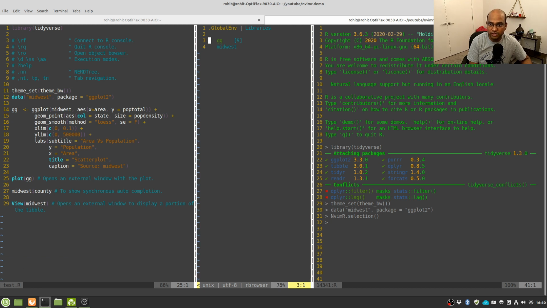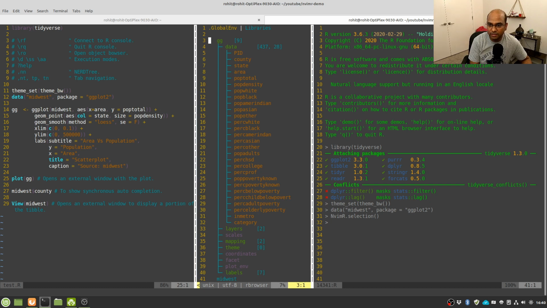So these are the variables. So this is the ggplot object. If you press enter here, it's going to actually expand and show you all the elements that a ggplot object has. This is pretty handy, and you can actually for example go to PID and press enter, and it's going to show you whatever data is within that